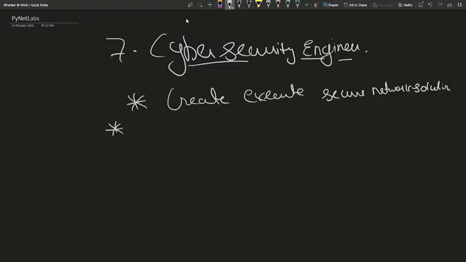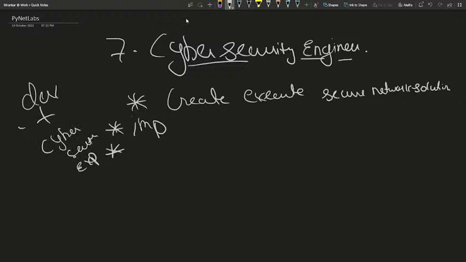Now, in order to strengthen the technology initiatives and take them to the next level, cybersecurity engineers are an integral part of the system. They are the most important people in the system. They used to be in both the red team and the blue team. So they develop, they detect, and they basically solve the issues. So it's an entry level job also. You can get it. There's a huge demand supply gap in the required capabilities for this position because they are a developer plus a cybersecurity expert. So you can go for it. This is the best job.